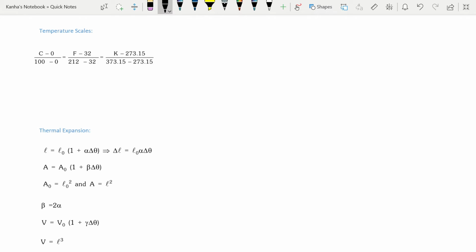So there are three temperature scales in general: the Celsius scale, the Fahrenheit scale, and the Kelvin scale. First of all, temperature is a macroscopic physical quantity and it is related to the sense of hotness or coldness. You should also note that the natural flow of heat is from a higher temperature to a lower temperature. So basically, the temperature will determine the thermal state of the body, whether it can give heat or it can take heat. Okay, so note that this is analogous to your electrical circuit where the current was flowing from a higher potential to a lower potential.